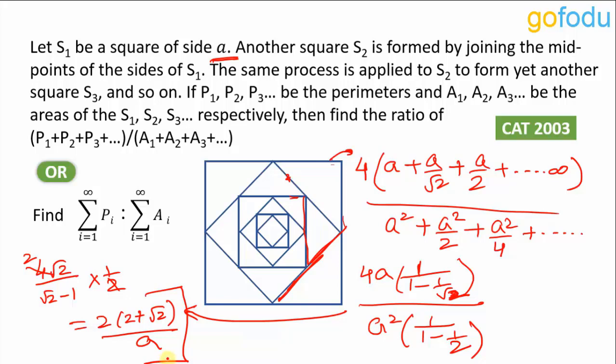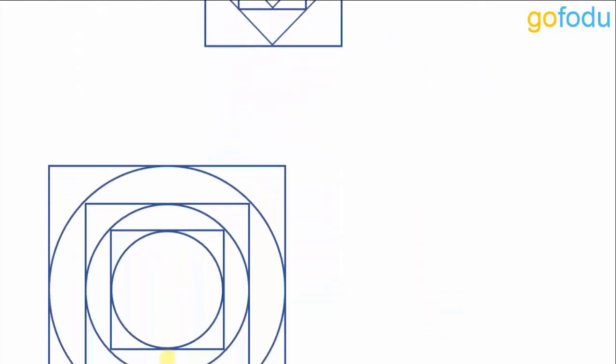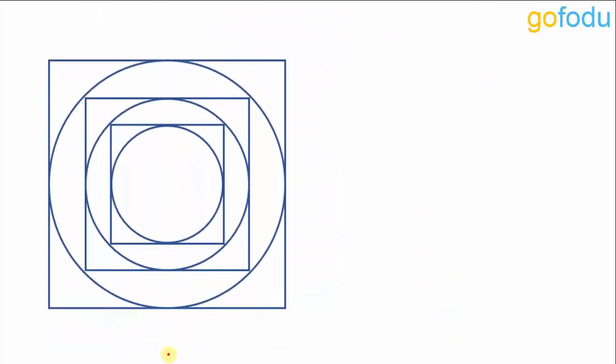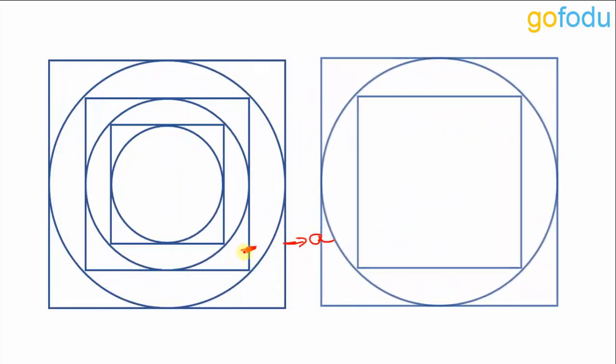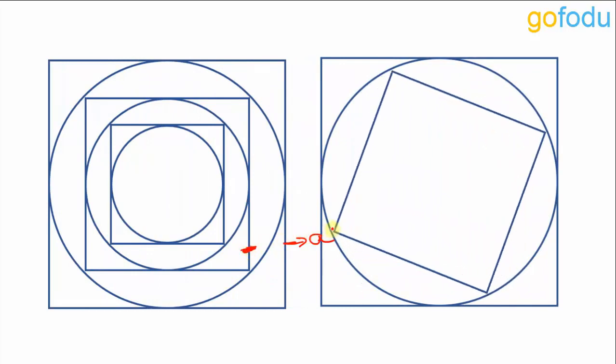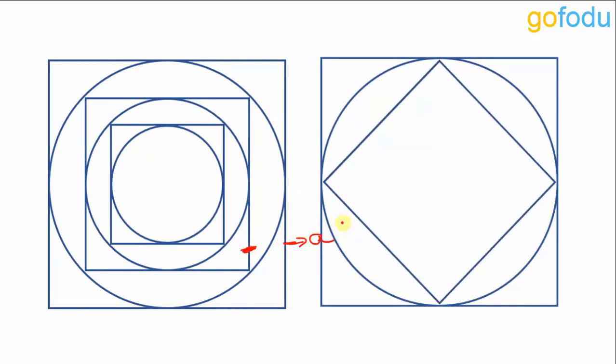A little extension of square inside square can be made by introducing circles. It doesn't look the same, right? Figuring out side of this square, if side of this square is given as A, figuring out side of this square will be a little difficult and time consuming this way, until we just focus on one section and we rotate this square by 45 degree. You see, these figures are one and the same,